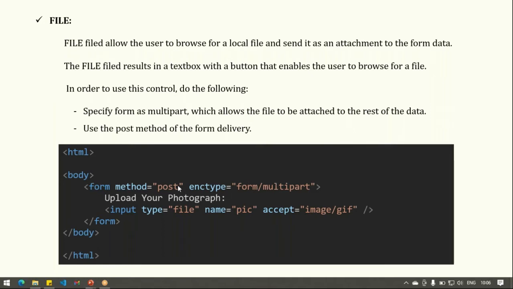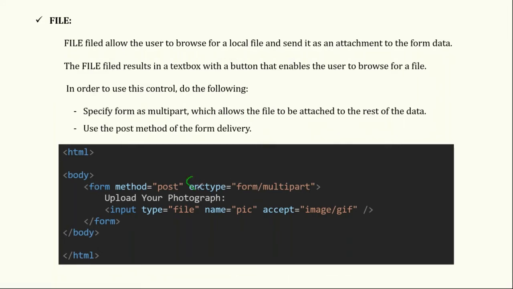Okay, enctype is equal to form multi-part. Here you can see what we are specifying. If we don't specify this enctype form slash multi-part, it will not attach your file as binary data with your form, and only text will be submitted to the server. The file will not get submitted.